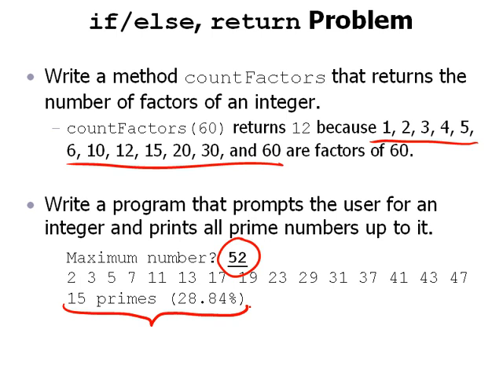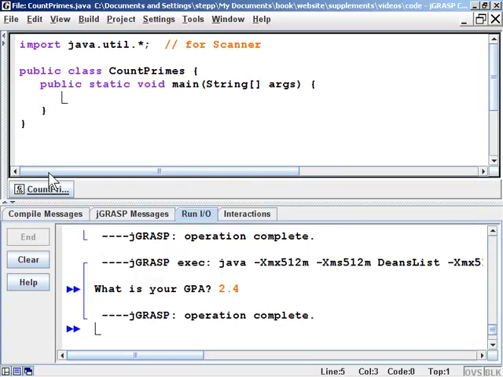Okay, in order to solve this problem, we can go to an editor here and talk about the count factors method first. Maybe we'll tackle that part of the problem before we do the prime number computations. Here's our editor. If we're going to count factors,